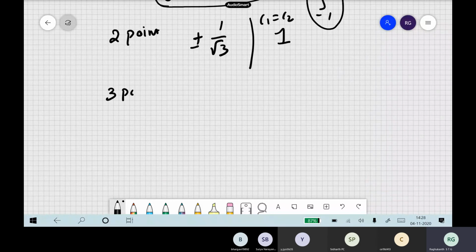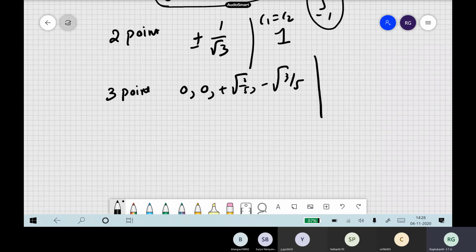Then the 3-point formula, 3-point means 6 unknowns are there. You can see it in any standard textbook also. So we have 0, plus root of 3/5 and then minus root of 3/5, and you have weights also: 8/9, then 5/9, 5/9 kind of a thing. So this is how you followed, right? Your Gaussian integration, we try to do in our method itself.